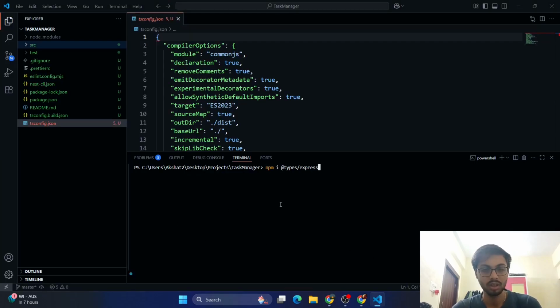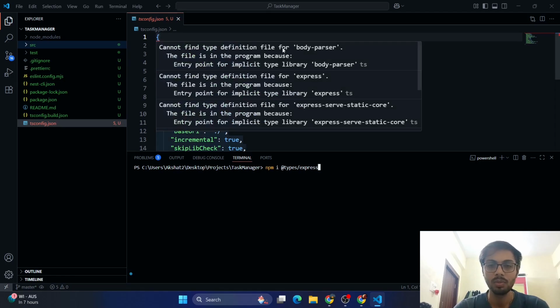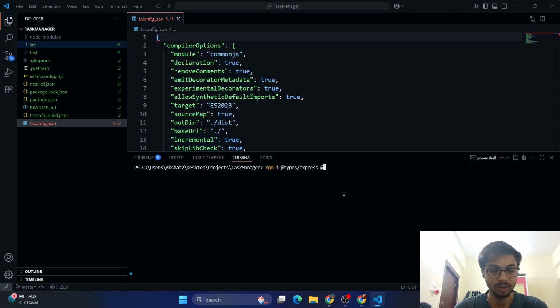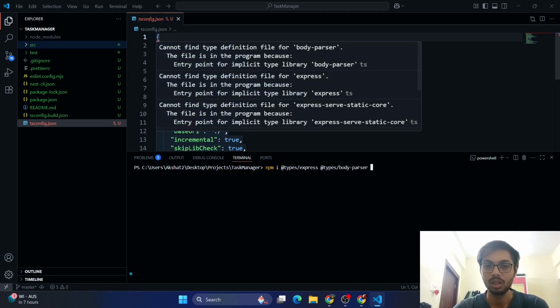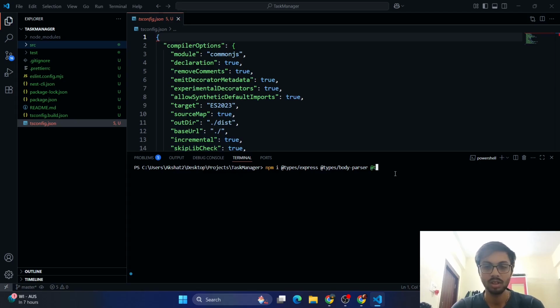So I got express body parser, so assume it's the same type as body parser, then express regard express, this, type slash